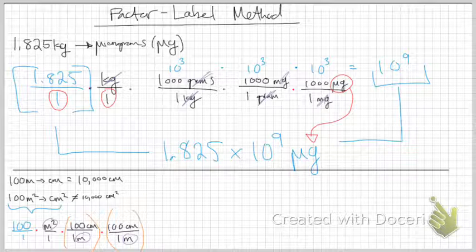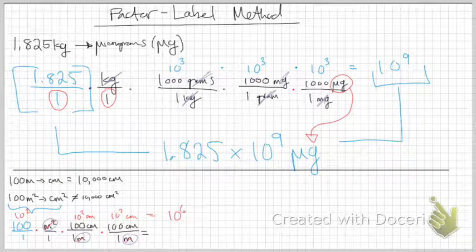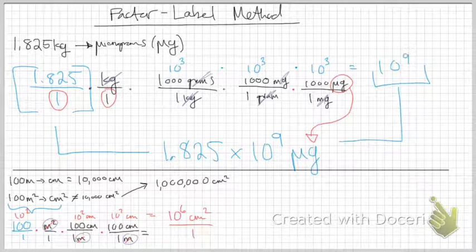So now that I have 2 meters downstairs, they're going to cancel out with the 2 meters upstairs. But that also means I'm multiplying by another factor of 100 upstairs. So there we go with my exponents, just to keep myself straight and nice and clean. 2 plus 2 plus 2 is 6, so I have 10 to the 6 centimeters squared over 1. My meters have canceled out upstairs and downstairs, and I have centimeters squared, which is what I should have if